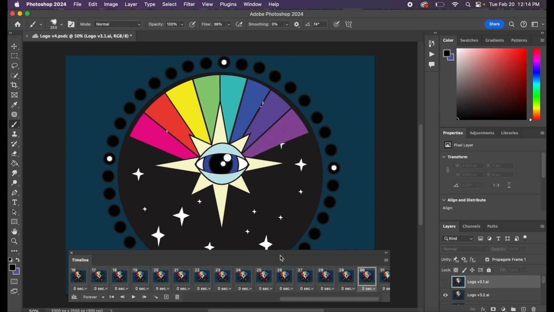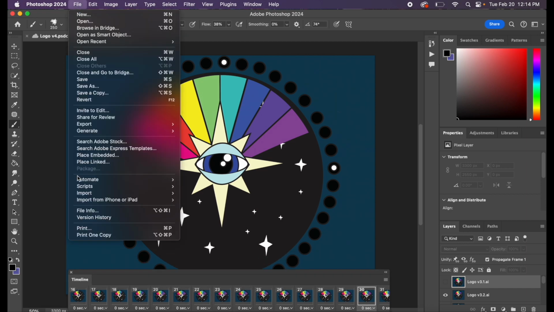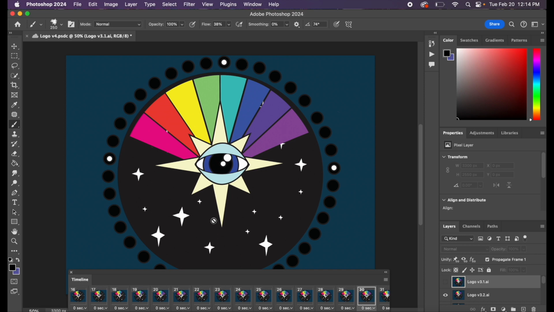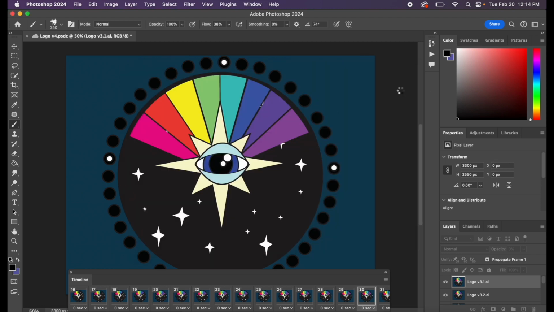And so now that I have my animation, I like it. I'm ready to go to File, Export. Where's my export? There's Export. And if I wanted to render the video to an MP4, I could click Render Video, logo version 4 MP4, and then I have QuickTime because I have a Mac. Then I would loop that in QuickTime. Okay, so just click Render,